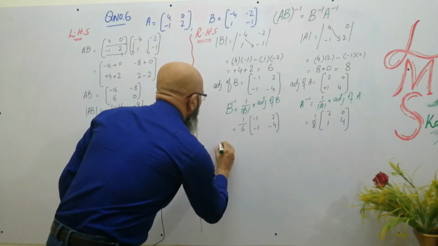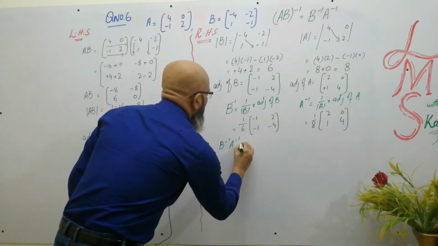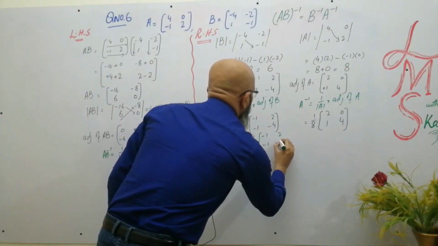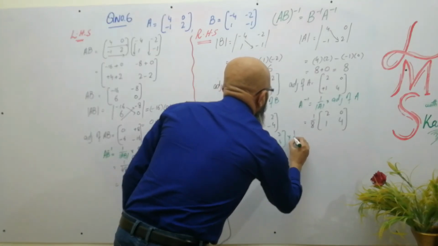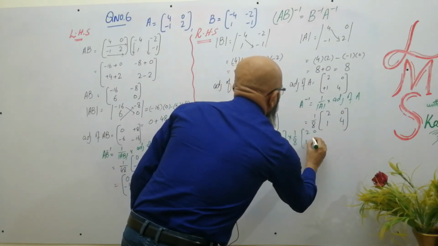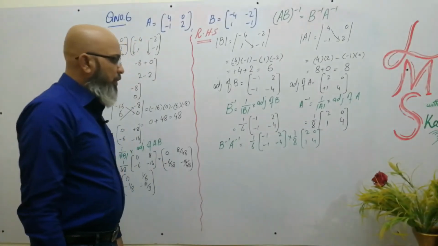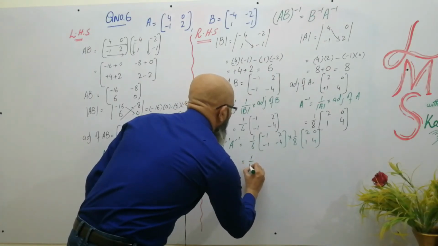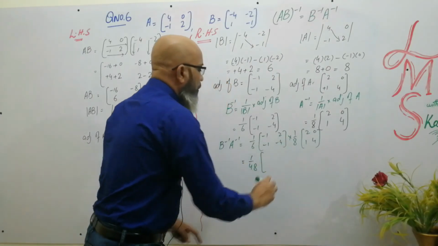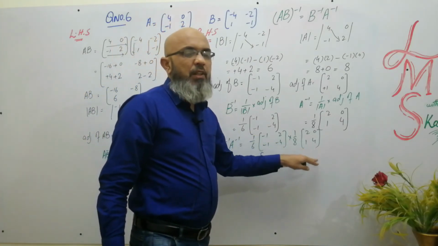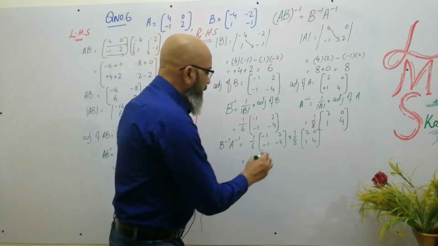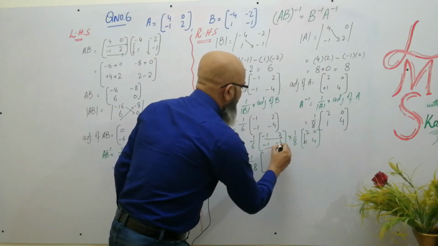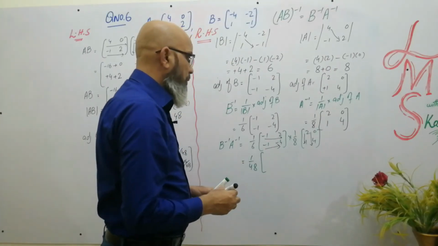The final value we have to find is B inverse A inverse. What is B inverse? 1 over 6 minus 1, minus 1, 2 and minus 4 multiplied by 1 over 8, 2, 0, 1, 4. We are going to multiply these two. So simple, 1 over 6 will multiply with 1 over 8. What we get? 1 over 48. And now we will multiply this matrix with this matrix. And you know how to multiply now. Simply how? This row with this column and similarly this row with both columns. So multiply it.